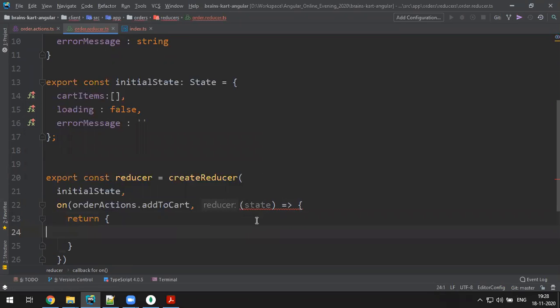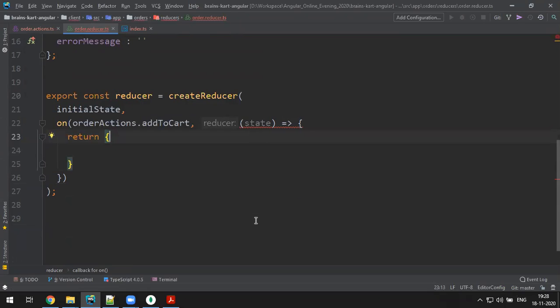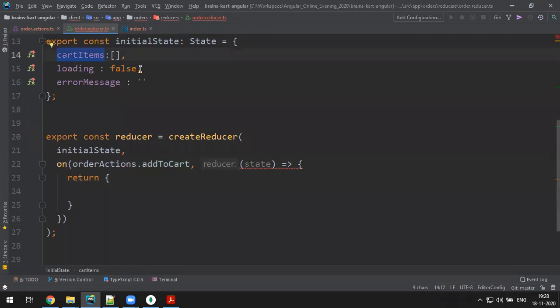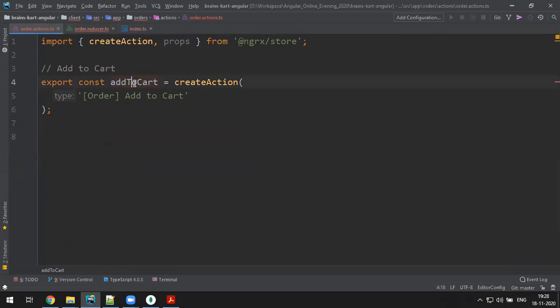Actually, one problem is there. What is that? Add to cart is fine, but what will it add to the cart? Cart items is an array. So when I dispatch an action add to cart, simply what it means is you need to add some item to the cart now. Okay, so let's add